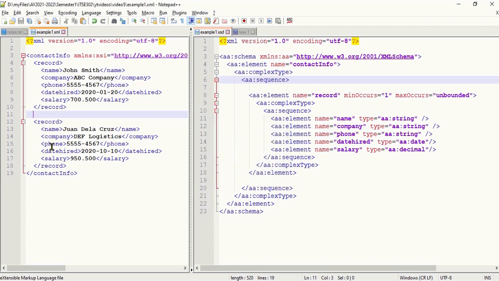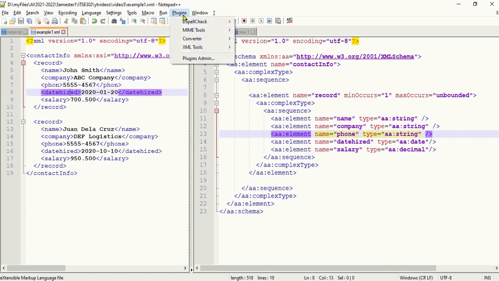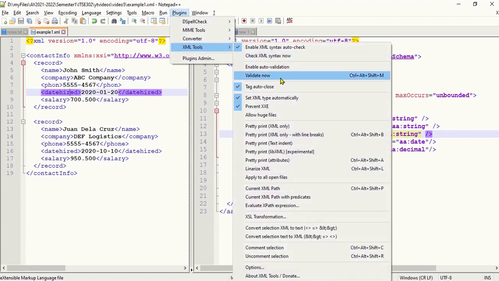All right? So it means the rule that you described for this XSD file is followed, and it's correct. This also includes spelling. For instance, you used phone without the E here, but here you described it with an E at the end. So when you validate this,